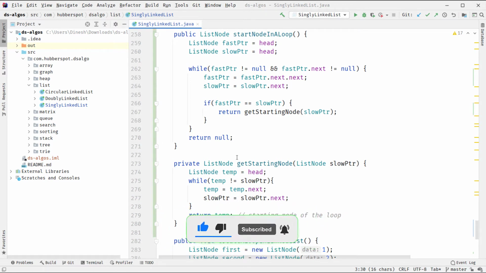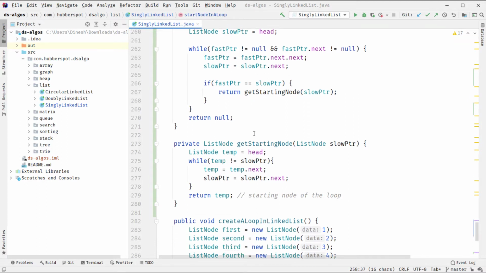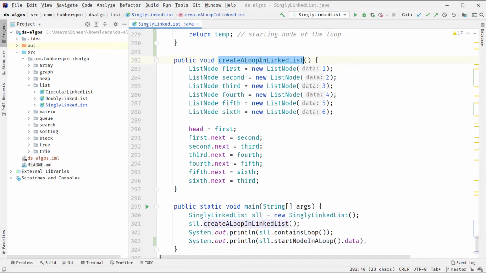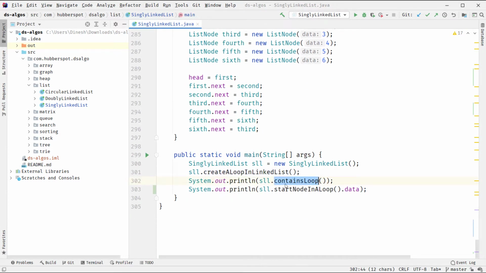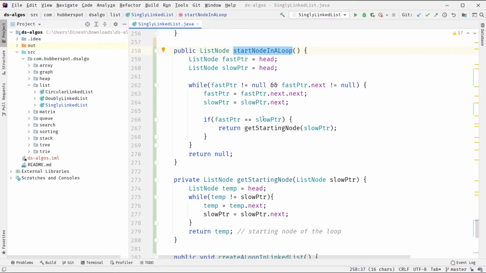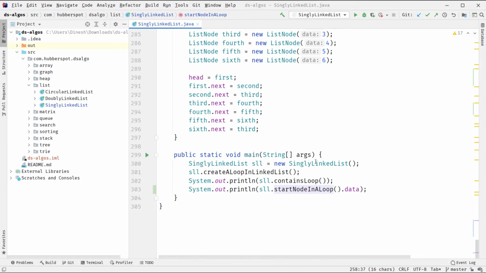The last algorithm we discussed was how to find the starting node of the loop, where we first created the loop, then we checked whether there is any loop or not, and once we found that there is a loop, we wrote the algorithm for finding the starting node of the loop and we printed its data on the console.